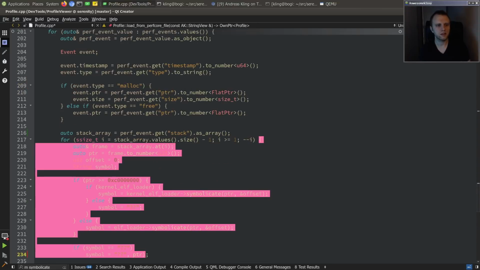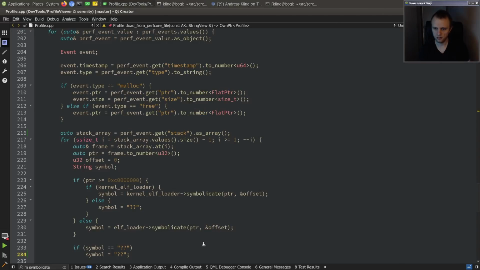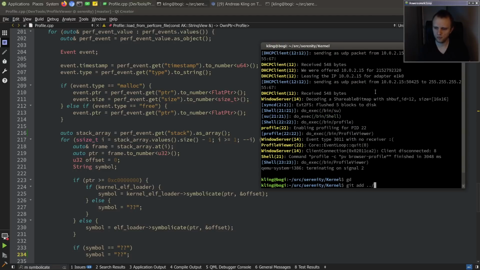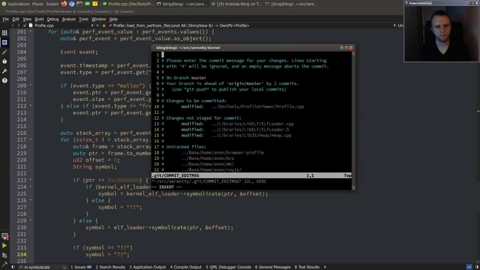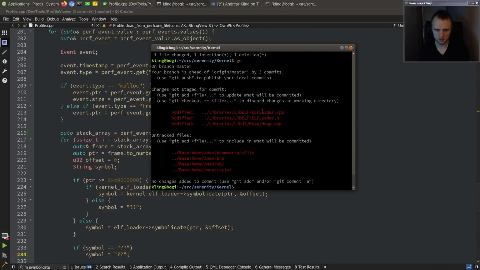Oh wait, let's commit the thing we already had because I don't want to lose that in the noise. So this guy right here. Oops. DevTools. Profile viewer. Oh, an unnecessary call to string. Okay, why can't I put the spaces in the right places? All right. And then